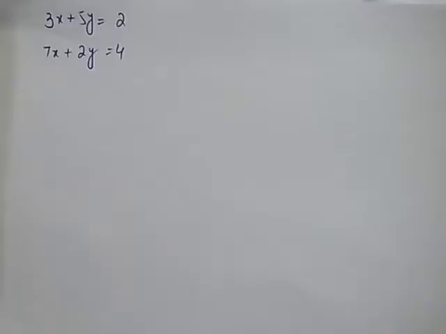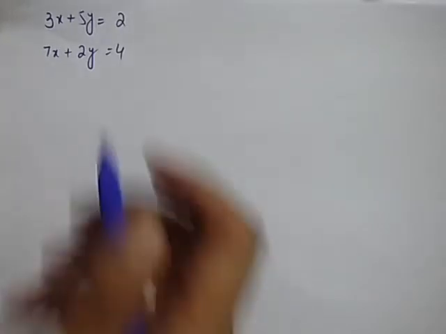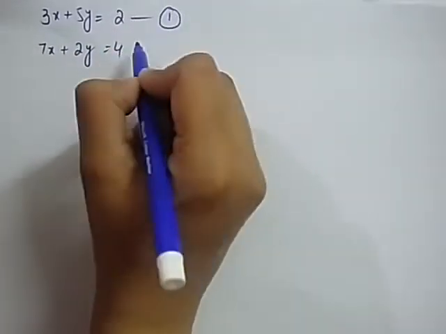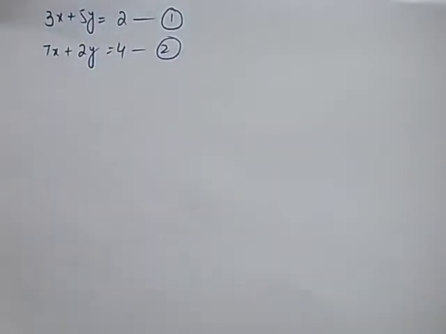So students, this is another equation in front of you. First of all, as we did before, this is equation number 1, this is equation number 2. Let us see that all the variables have different coefficients. Let us see whether any variable has the same coefficient, or a coefficient which could be a multiple of the other. So 3 and 7 are not multiples of each other, and 5 and 2 are not multiples of each other.